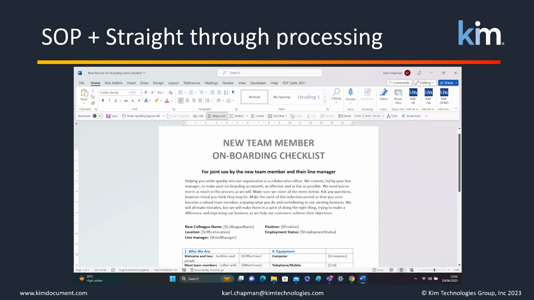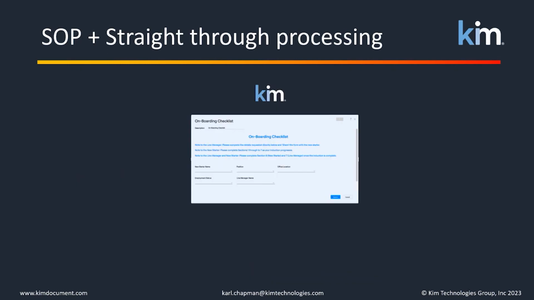So let's take an example. Let's imagine that we wanted to digitize the onboarding process for people joining the company. We take our onboarding checklist in a Word document. It could be an Excel spreadsheet, but anyway, we upload it into Kim, and we create a web application. That web application can be accessed from Kim, but most people won't even see Kim. They're probably accessing it from their existing HR system, Workday, for example, or from SharePoint, or from anywhere else that link exists. They click the link, up pops the form, and they put in the appropriate information about the new